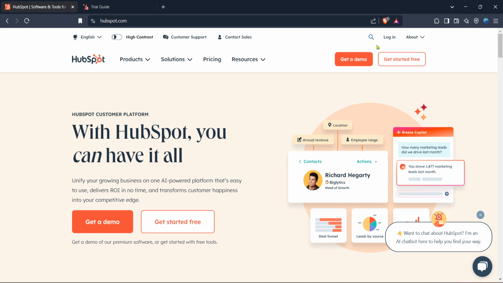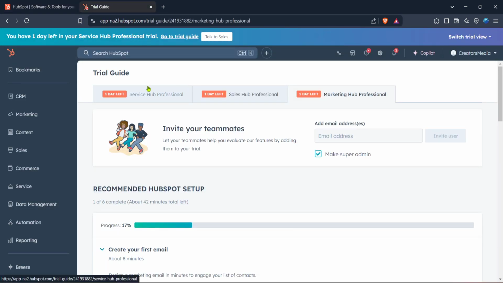Once you've clicked Log In, you'll need to enter your credentials. Make sure you're using the email and password associated with your HubSpot account. After you've logged in successfully, you'll be directed to the HubSpot homepage. This is where you'll find various tools and resources to manage your account, but for now we need to head